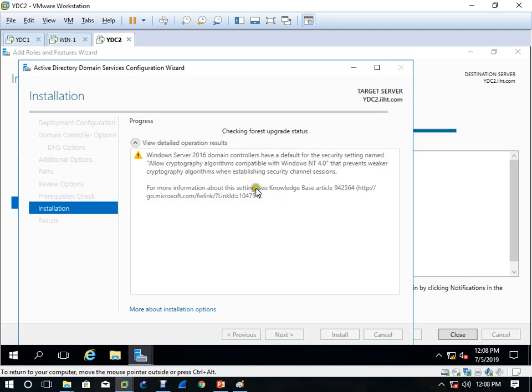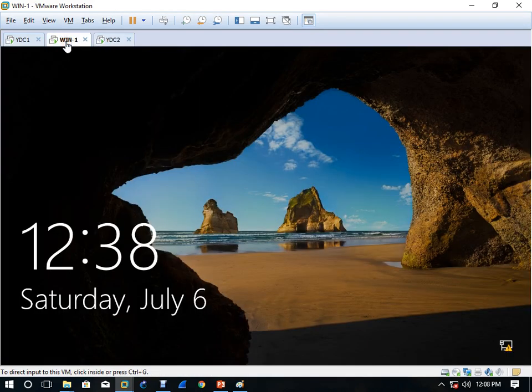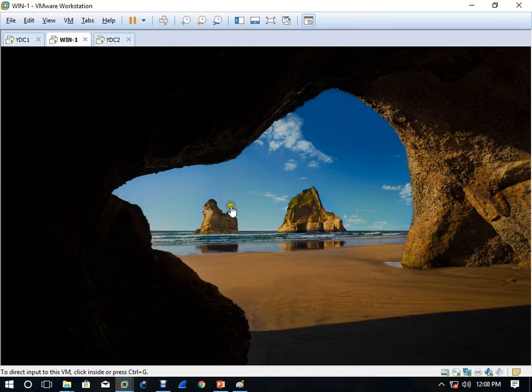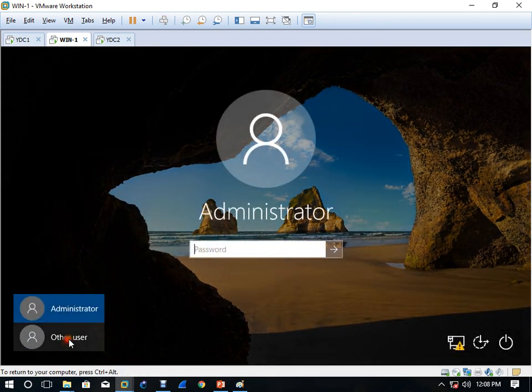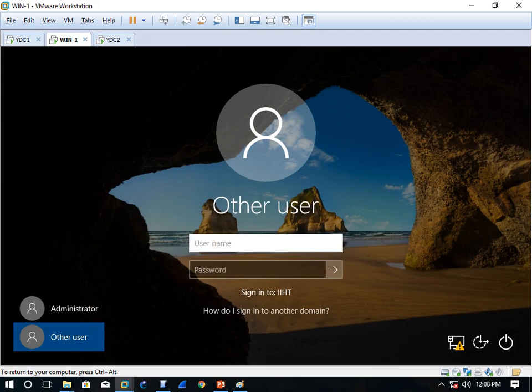So meanwhile, as the installation is going, I'll come here on Windows 1, which is the client of the parent server Yaoundé DC1 ist.com. I'll click and log in. Are you getting anything like douala.ist.com here? No, ist.com.